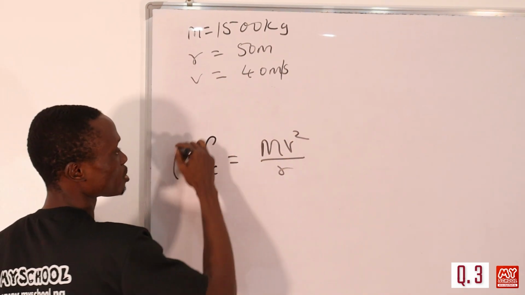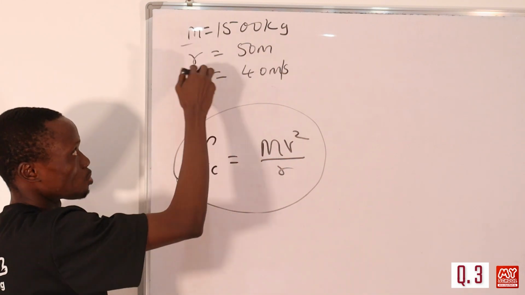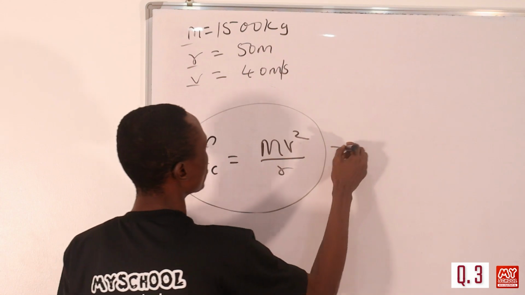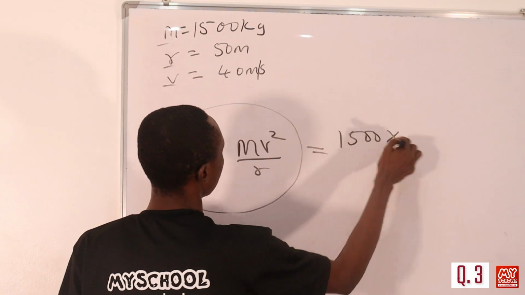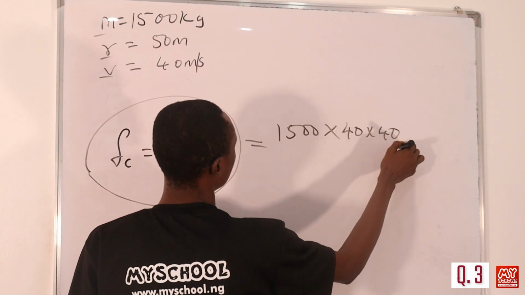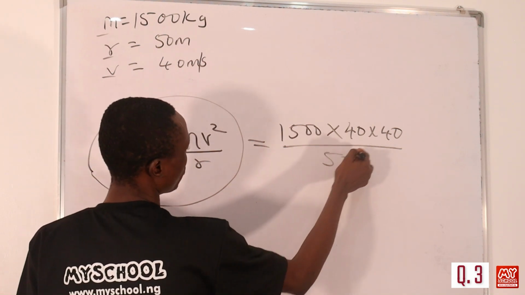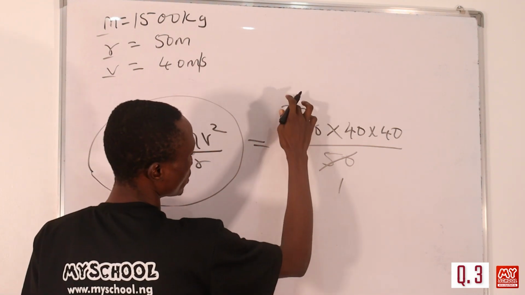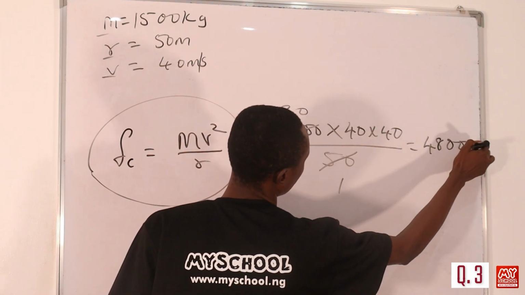Of course we are using this formula depending on the parameters that are given to us in the question. In this question we are given mass, radius, and velocity, so that is why this is the most suitable one. Let's substitute the values. Our mass is 1500 times the velocity, which is 40, so we'll have 40 times 40, then divided by the radius, which is 50. 1500 divided by 50 is 30, right? If we multiply 30 by 40 and by 40, that will be equal to 48,000,